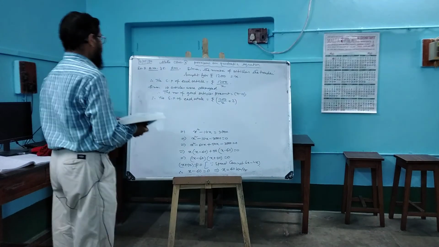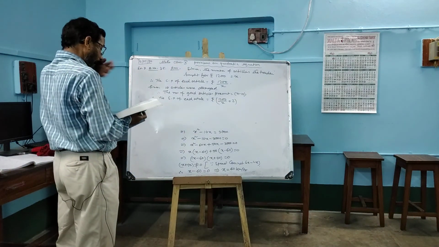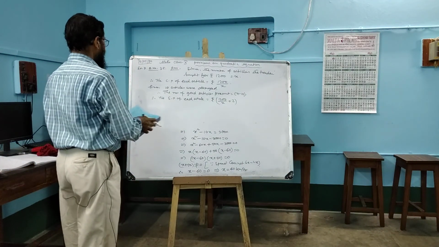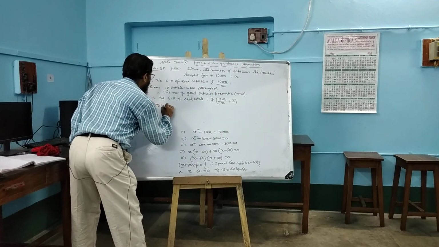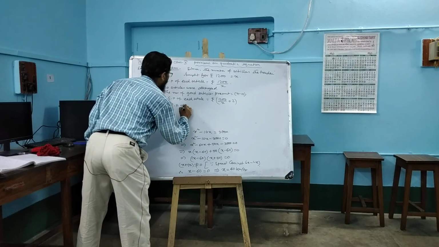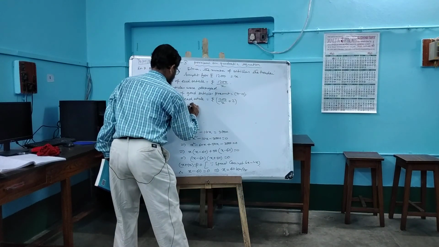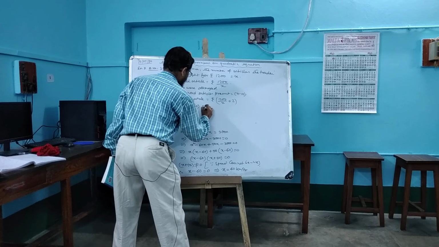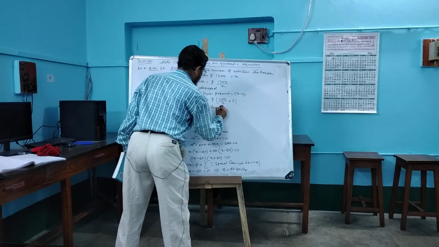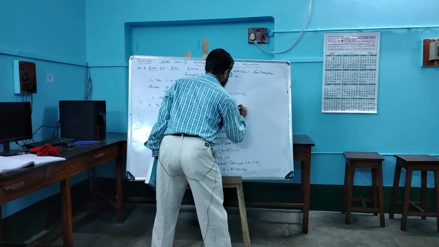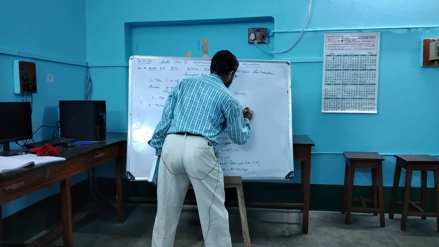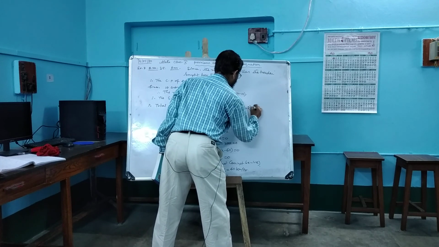This is the selling price of each article. Therefore, total SP of x minus 10 articles equal to rupees 1200 by x plus 2 into